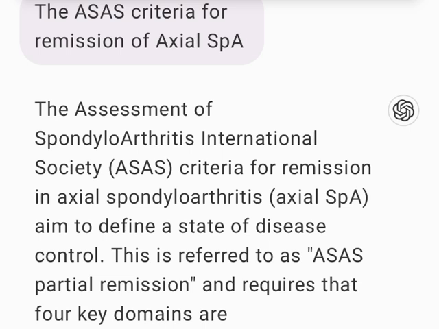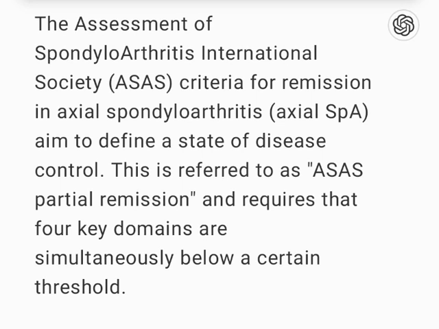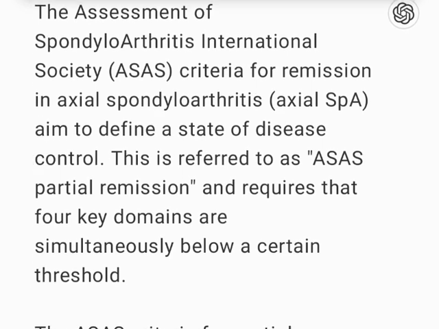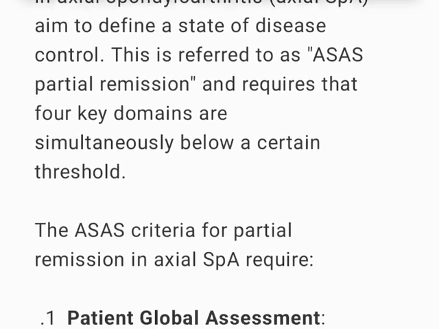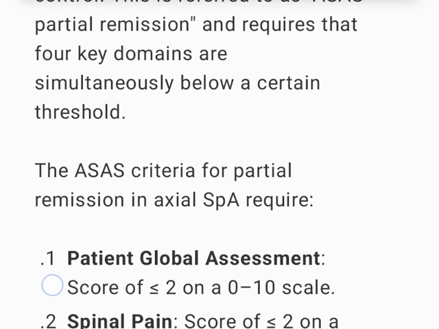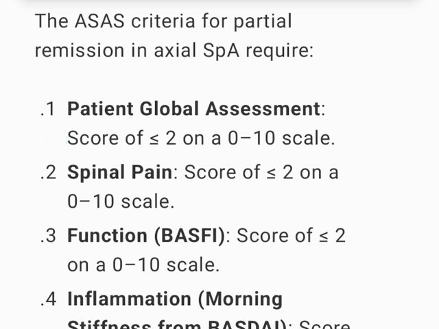The Assessment of Spondyloarthritis International Society, ASAS, criteria for remission in axial spondyloarthritis, axial SpA, aim to define a state of disease control. This is referred to as ASAS partial remission and requires that four key domains are simultaneously below a certain threshold. The ASAS criteria for partial remission in axial SpA require: